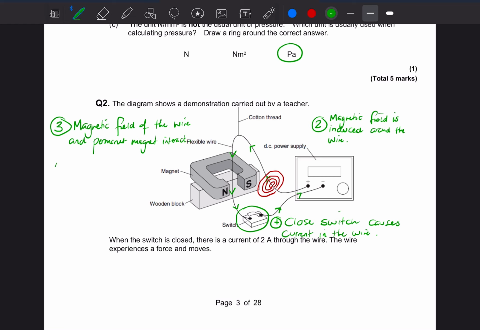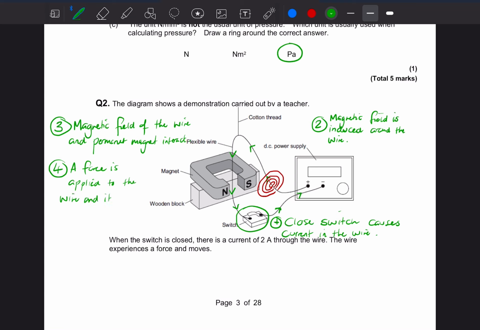Okay, and the fourth thing, as I've just said, when they interact, there's a force on the wire which will cause the wire to move. So a force is applied to the wire